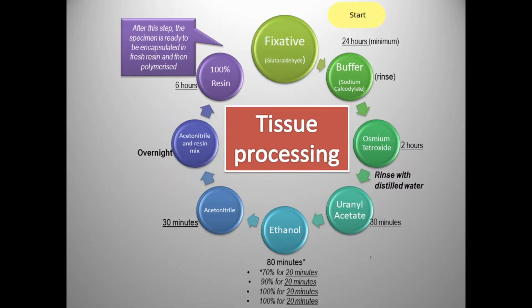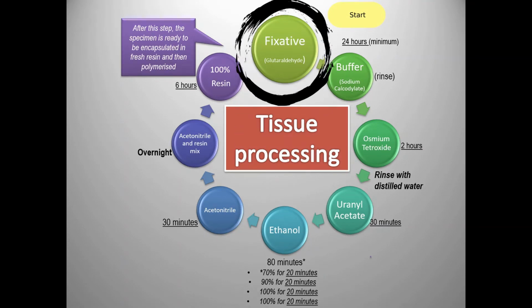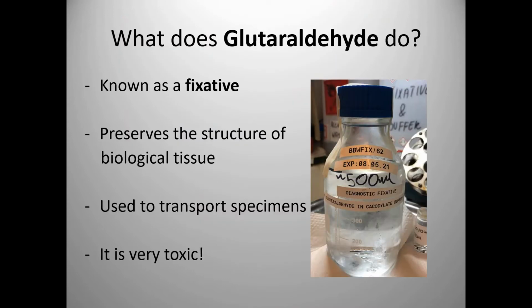So there's lots of stages to tissue processing. It's a very structured process with lots of timings, and I'll just talk you through the basics. So the first thing we've got to do is preserve the tissue. Straight away when the biopsy is taken, the tissue is put straight into glutaraldehyde. Glutaraldehyde is a fixative, and what it's going to do is instantly preserve the structure of the